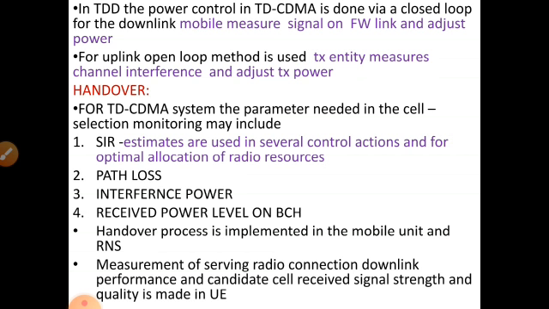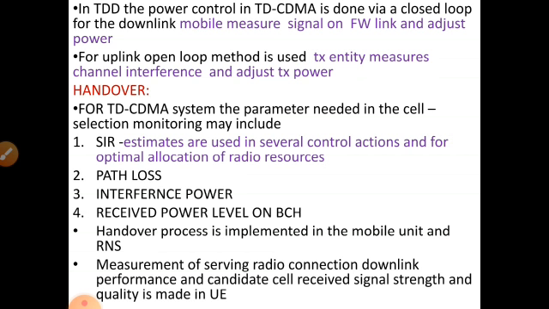Next we are going for the term received power level and BCH. This BCH will be looked after in the UTRAN channel. BCH stands for broadcast channel. Actually this broadcast channel is a downlink channel. It is used to broadcast the system as well as cell specific information. Our main aim is to monitor the cell selection area, so for this we are going for the channel called BCH, which stands for broadcast channel.